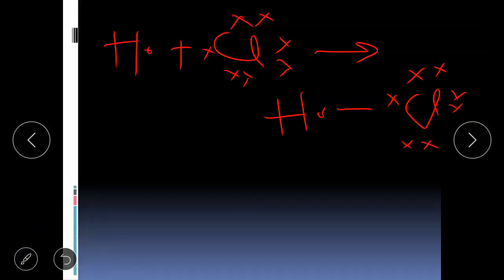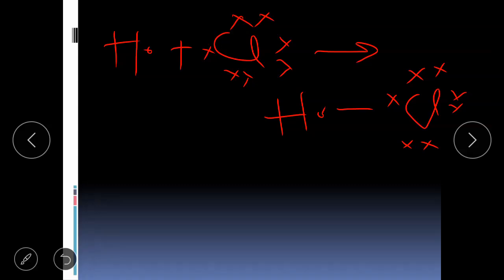So here the bonding will exist. Okay, so this is a single covalent bond. These crosses represent the electrons of chlorine, whereas this dot represents the electron of hydrogen. Keep this in your mind: the electrons which form the bond are called bond pair, and these spare electrons, which don't take part in chemical bonding, are called non-bonding electrons.